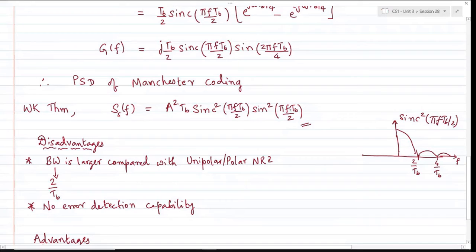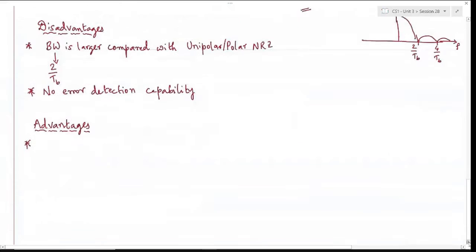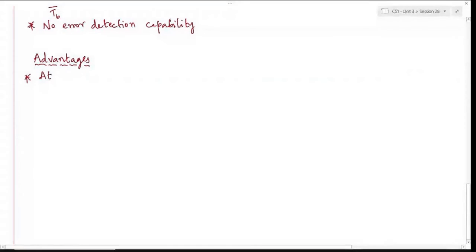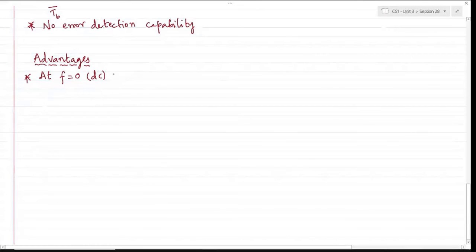We know that at f equal to 0, sine of theta is 0 itself. I'll try to draw the complete spectrum once I list all the line coding schemes, then we'll compare each one of them. But as of now, I can say that at f equal to 0, or for DC values,